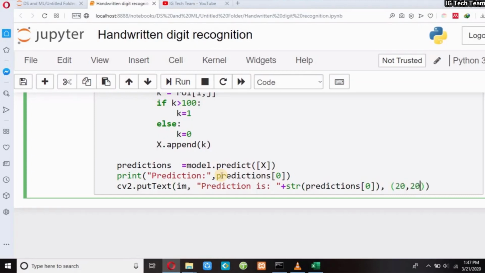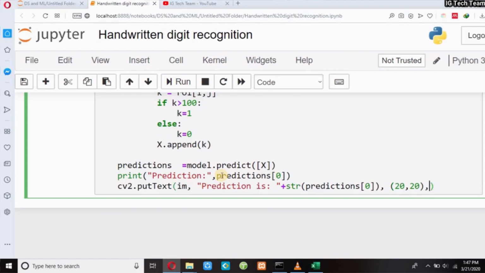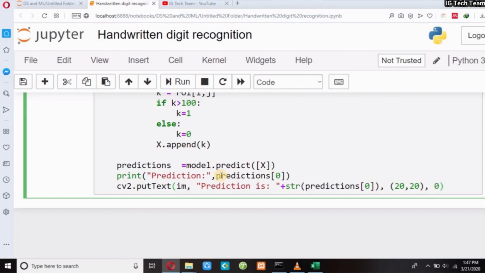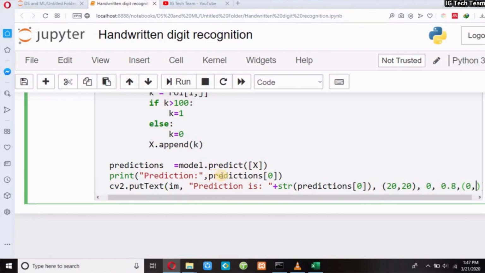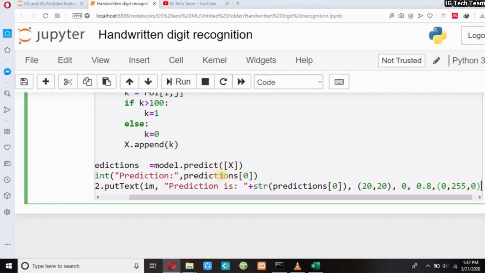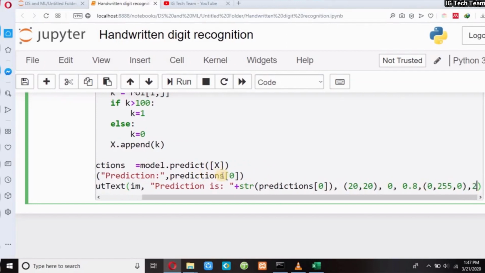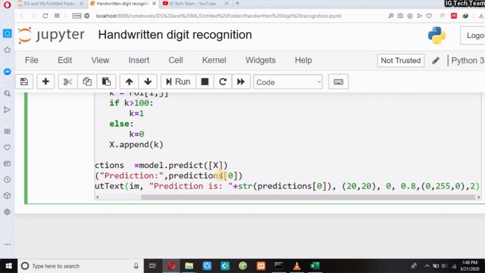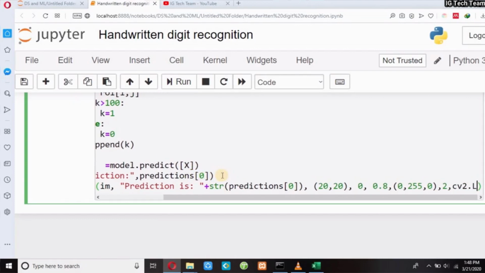Let me pass (20, 20), which is the particular place to write the text, 0, which is the font face value, 0.8 as the scale value, and then color (0, 255, 0), which indicates green, and the thickness is 2, and also I have to pass the line type.